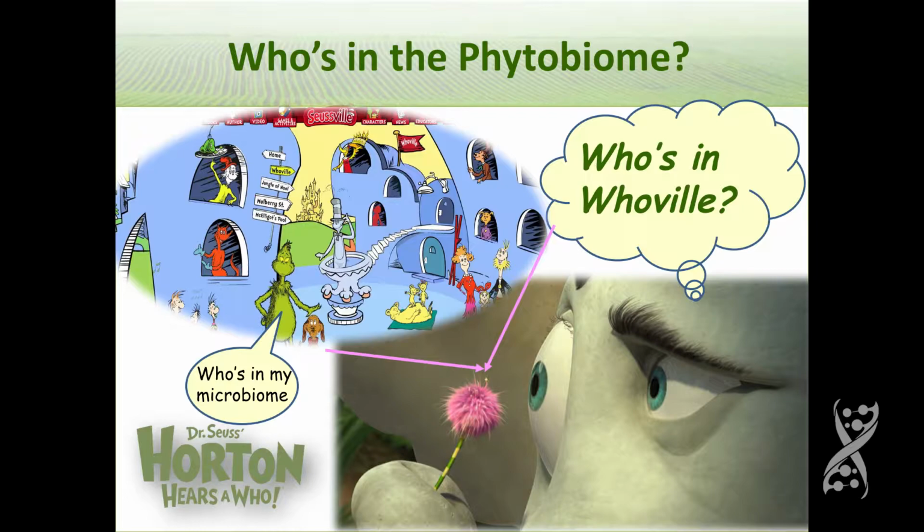So again, we often think about, and I think that Dr. Seuss was brilliant, because in Horton Hears a Who, maybe many of you don't pay attention to Dr. Seuss, but I don't even have kids and I love Dr. Seuss. My husband makes fun of me. But Horton Hears a Who. Horton heard something on the pollen that was sitting on a flower. And it was a whole community of organisms, very much like what we think of as the microbiome or even the phytobiome.